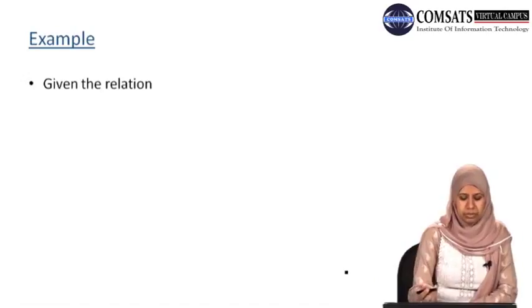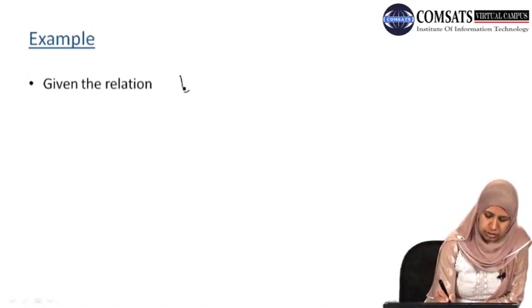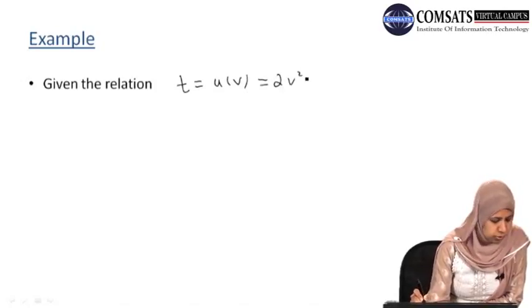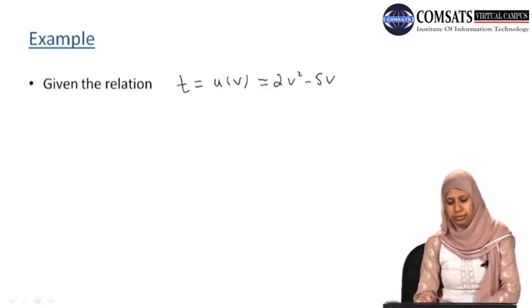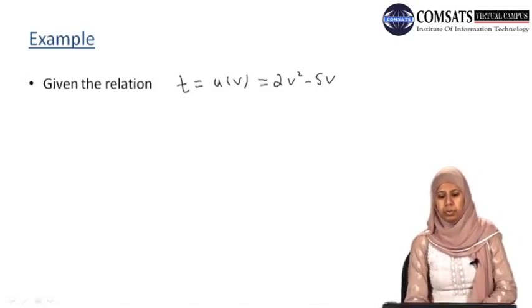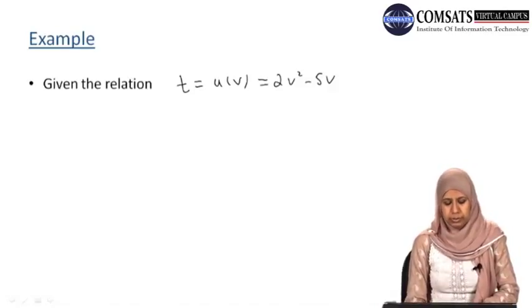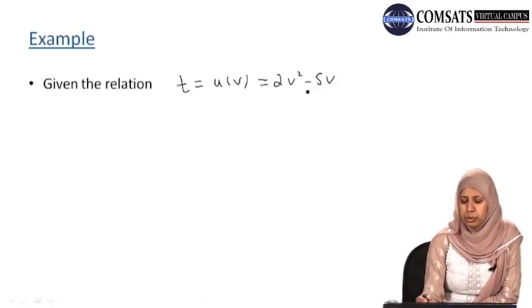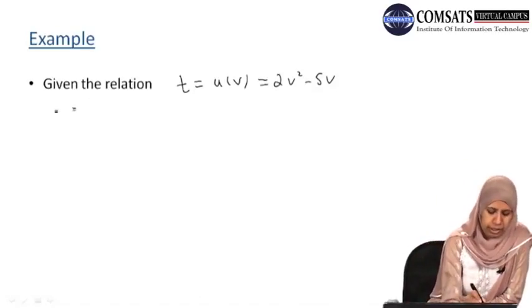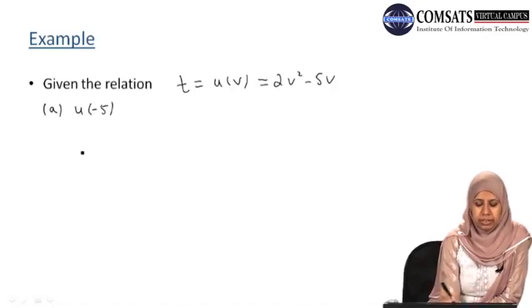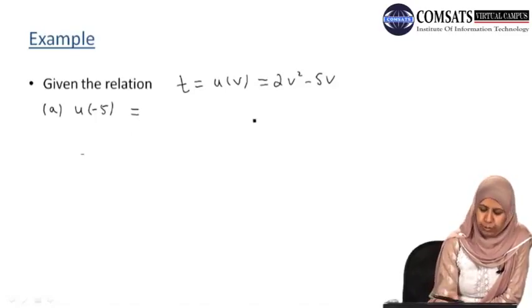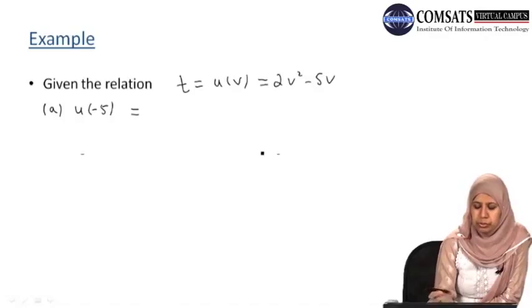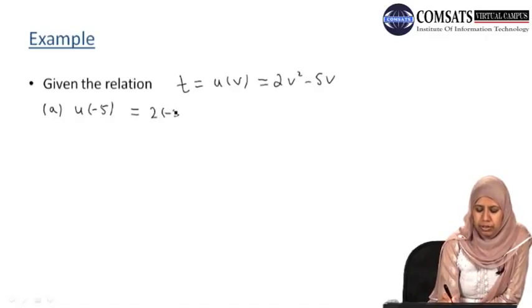Okay, one more example. We are given the relation t equals u of v, which is equal to 2v square minus 5v. Here v is the input, t is the set of outputs, and u is the rule connecting t and v according to the rule 2v square minus 5v. And we are interested in finding the value of u when v is equal to minus 5. What we will do, we will put the value v equals minus 5 in our given rule. We obtain